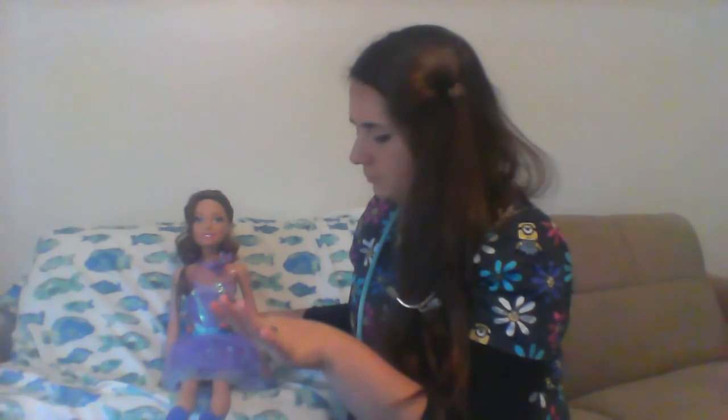Then we're going to have Barbie turn around. Actually, we're going to check the strength of her feet. We're going to have her push her feet against our hand as hard as she can to check the strength of her feet, as well as her hand grasp. We want to make sure that she has equal bilateral strong hand grasp. So then we're going to go ahead and move to Barbie's